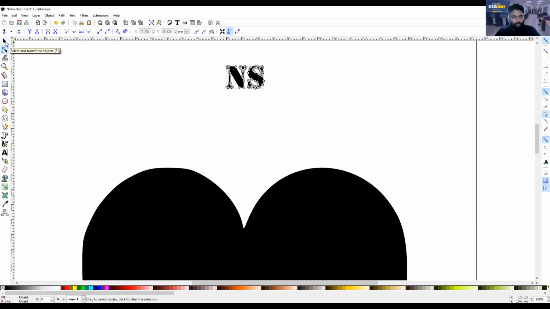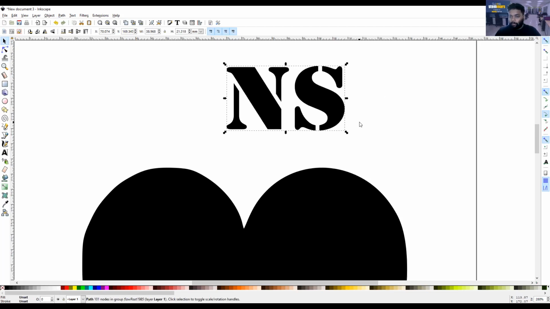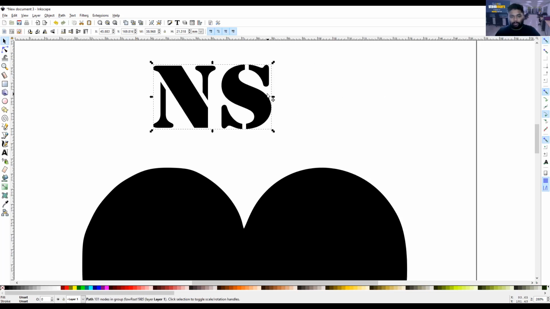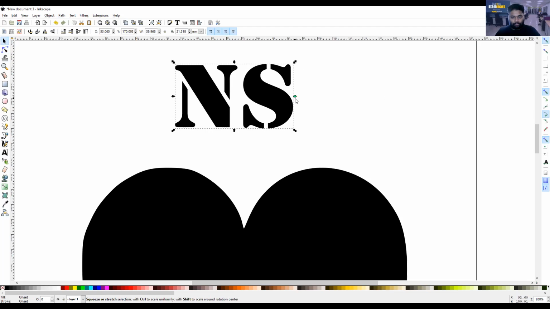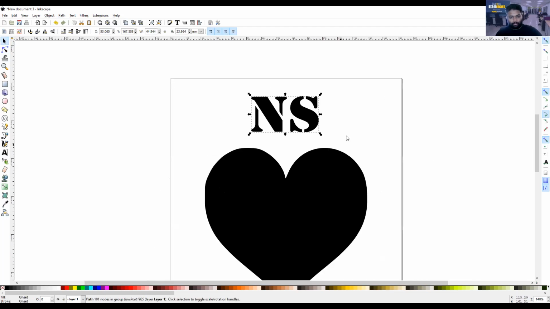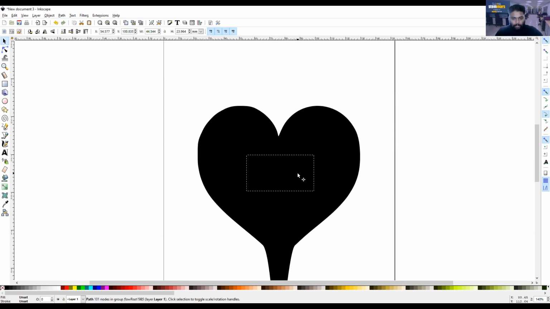And then I'm going to click on the selection tool. And now when I resize my letters, both of them get resized, because they've been unioned together. See, when I move them, they both move together. And that's good. All right. And I'm going to move the font down to the middle of the heart. And just for viewing purposes, because it's hard to see, I'm going to change the color of the font